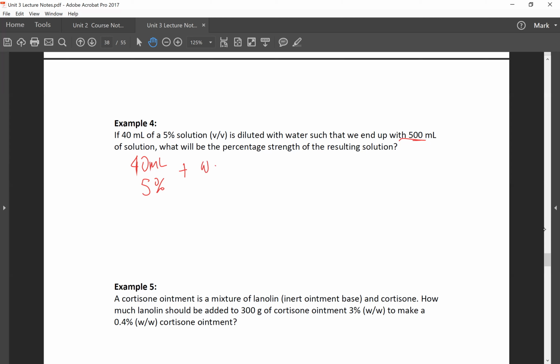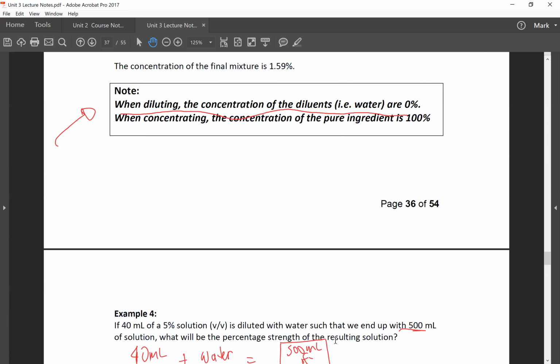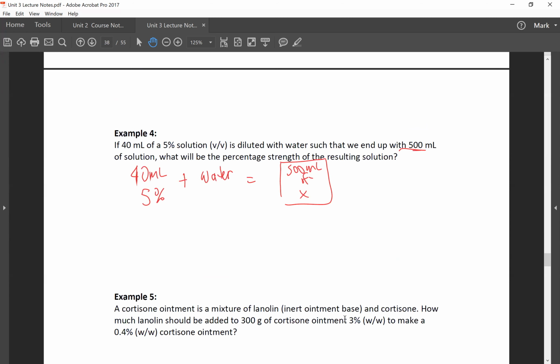But I'm going to add water, and it's going to equal 500 milliliters of what I'm trying to find, X. Now, it mentioned earlier in this note here, when diluting, the concentration of the dilutants, like for example water, are 0. So